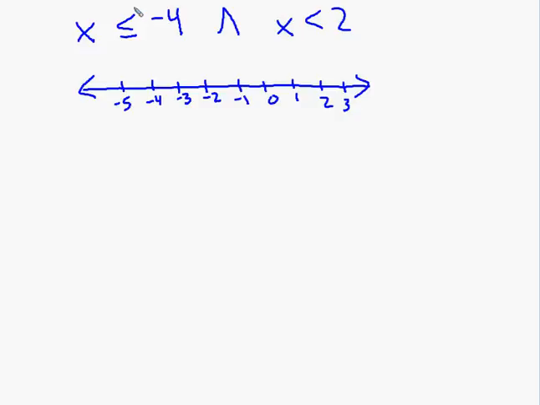How do I graph this one? Color in the circle. And which way do I go? The left. And this one, open circle at 2, and go to the left. And where do I have overlap? Starting at negative 4. So what will my answer be? x is less than or equal to